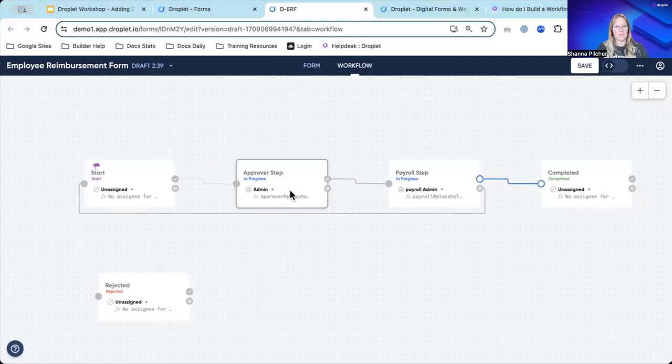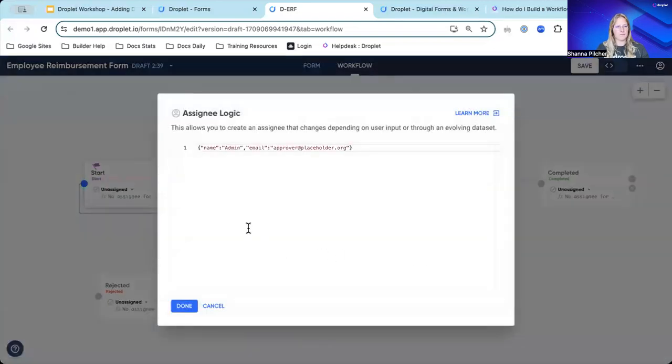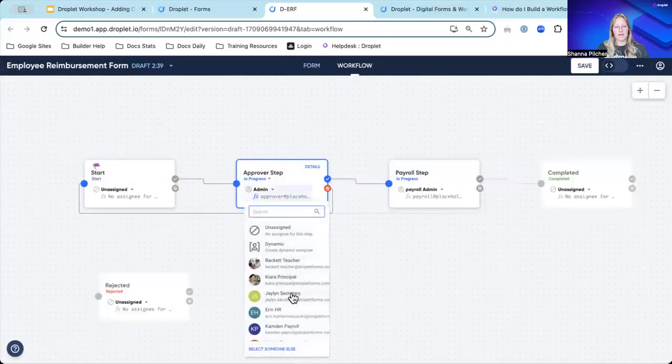Within the assignment, let's come back in here. The requirements to be able to assign a submission, whether it's through dynamic or by selection, would be a name and an email. When you select a static assignment just from one of your accounts or by selecting someone else here, it will automatically format that into the way that the form accepts it, which is an object,